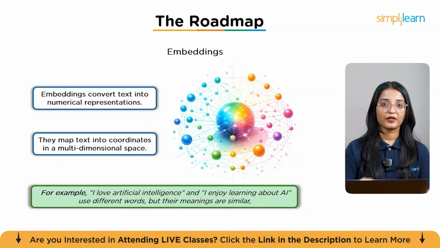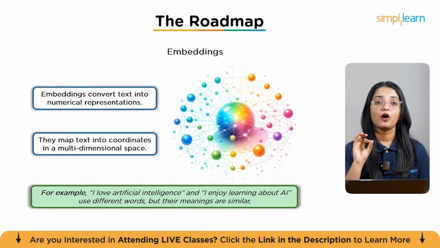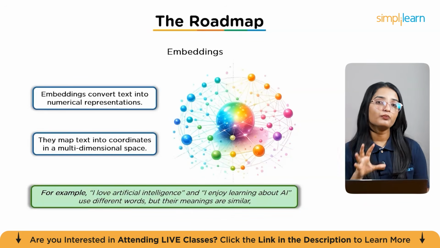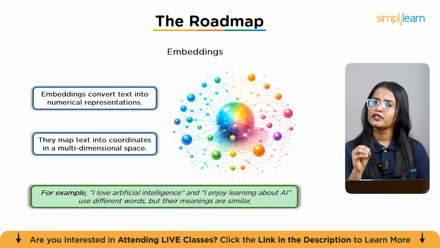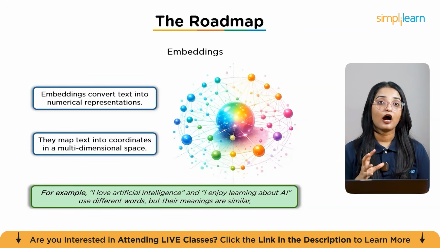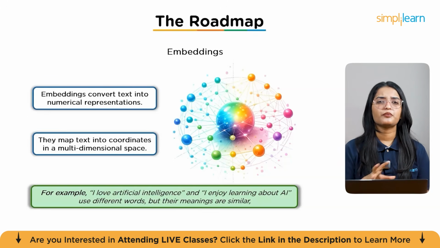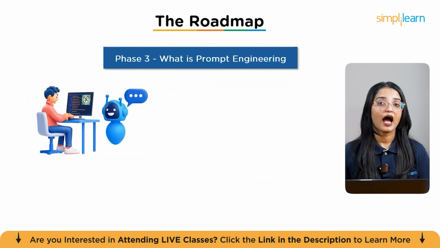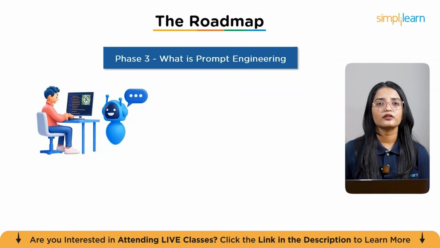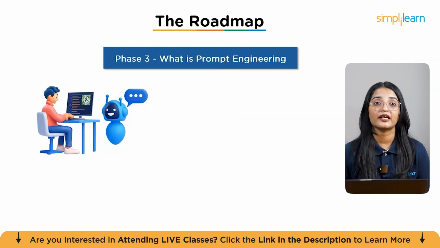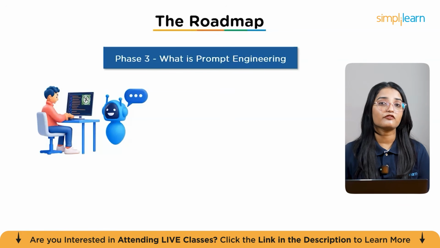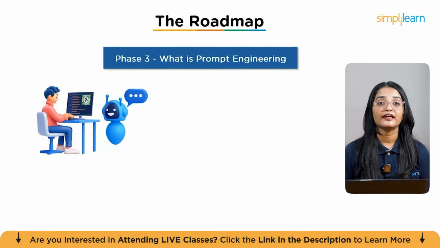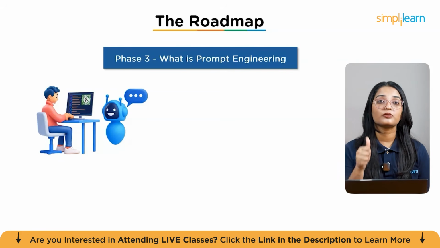Now connect everything. Understand how a large language model processes tokens, how memory works through context windows, and how meaning is captured through embeddings. But here's the key question. Even if you understand how the brain works, how do you guide that brain to behave properly? How do you control its thinking and make it act toward your goal? This is where prompt engineering and tool calling come in. Just because a model is powerful does not mean it will automatically behave the way you want. Many beginners assume that if the AI is smart, it will figure things out on its own. Well, it won't. You have to guide it intentionally, and that guidance begins with prompt engineering.